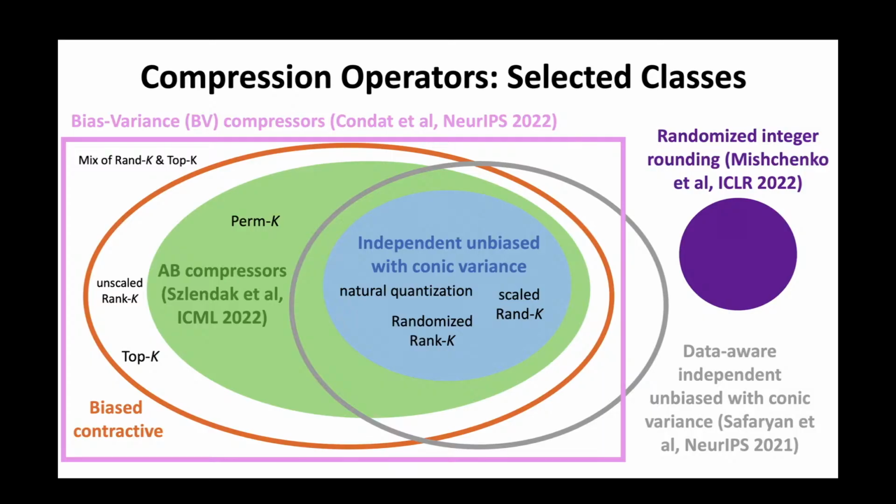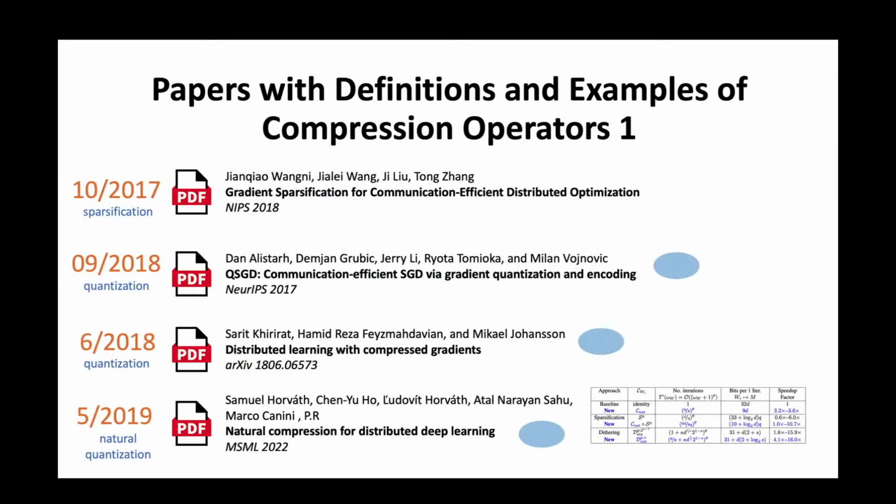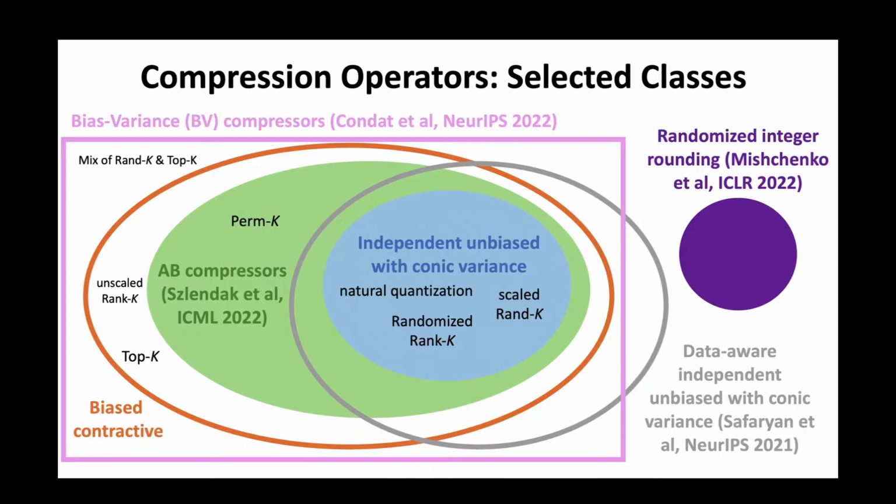You can have some other classes which are not subsets of these, let's say randomized integer rounding. I'll show you what I mean by this later on. These are not all the classes, but these are some of the major classes out there. Okay, so if you want to find the definitions of these things, I'll give you a few examples, but if